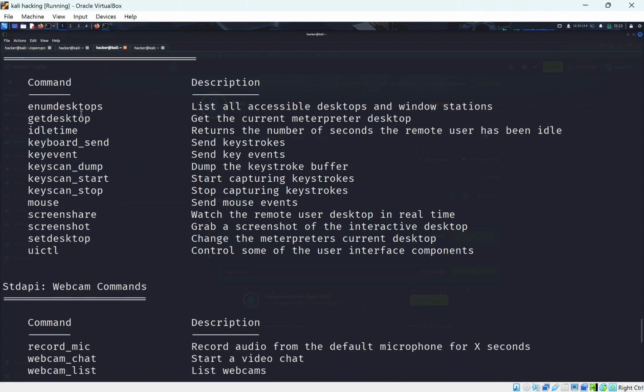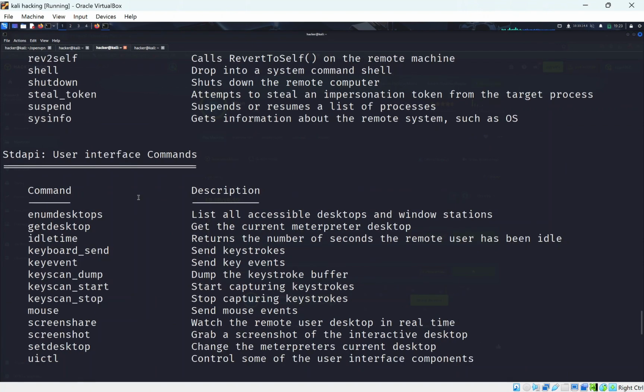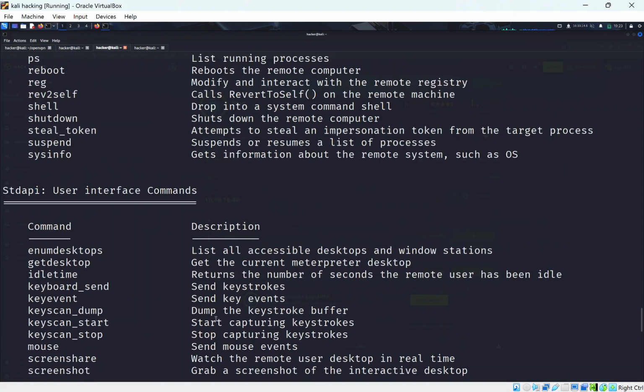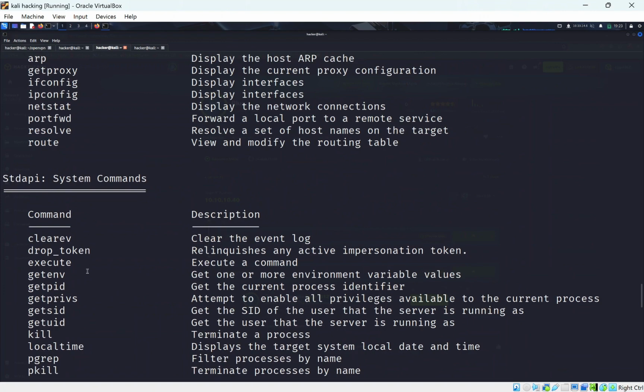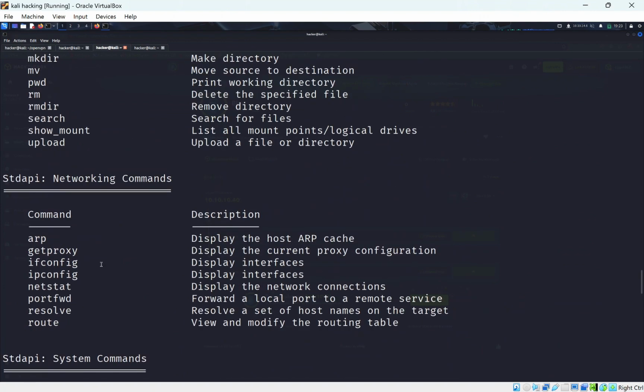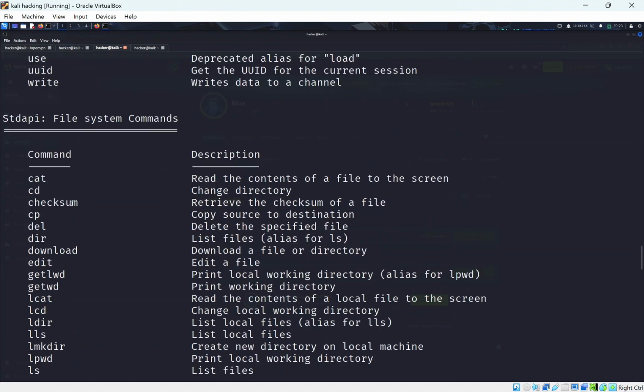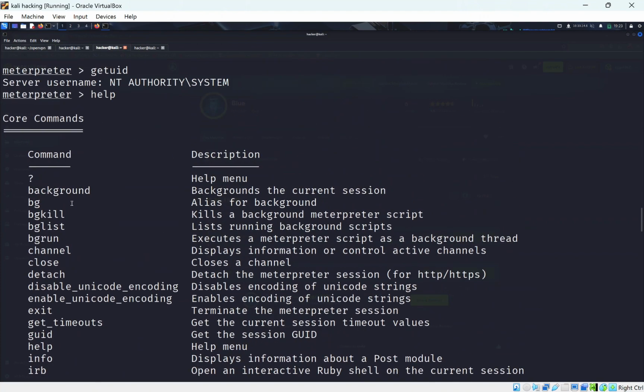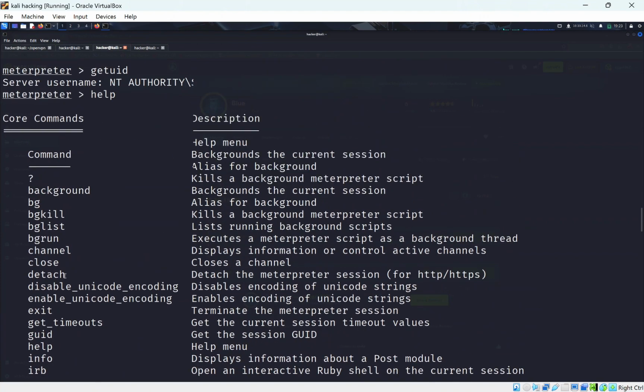And we can enumerate all desktops and window stations. And we can just control the mouse as well and show whatever you want on the screen. If you keep scrolling up, you'll be able to see a lot more. We can get the network interfaces. I could just scroll up here and make this video all about Metasploit, but I'm going to try to